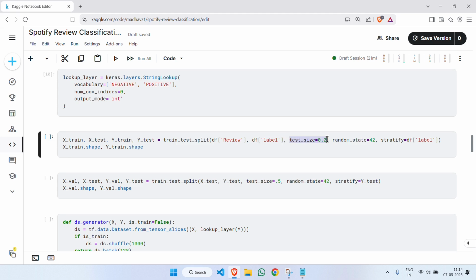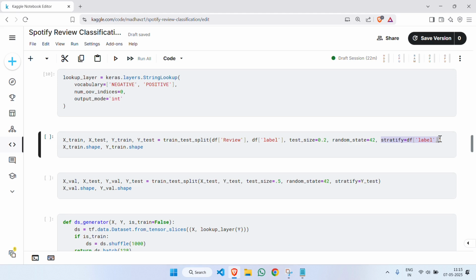Then having test size equal to 0.2, that means 20% of the data is reserved for test size, and then random state equal to 42 to regenerate the same values, and having the stratify with y levels because we